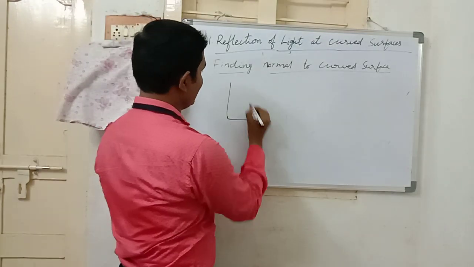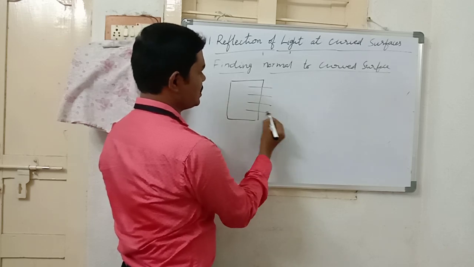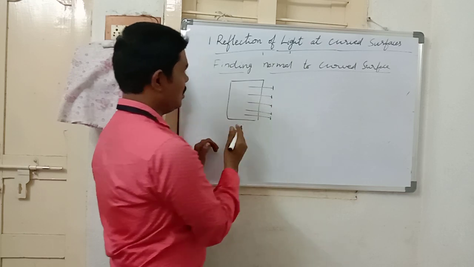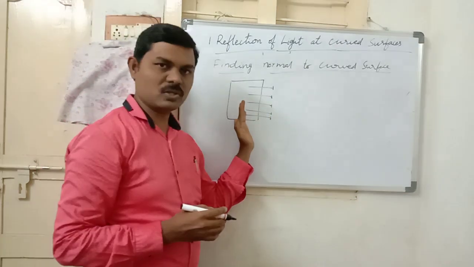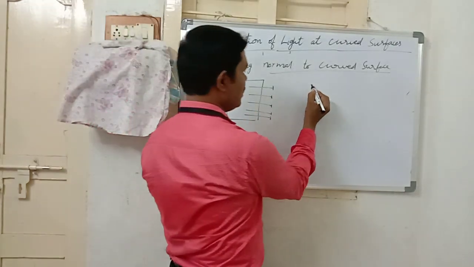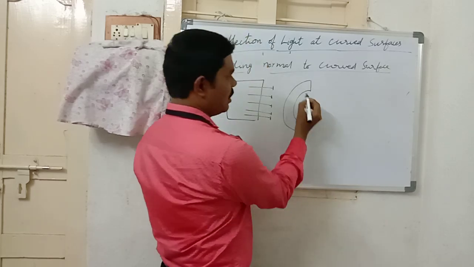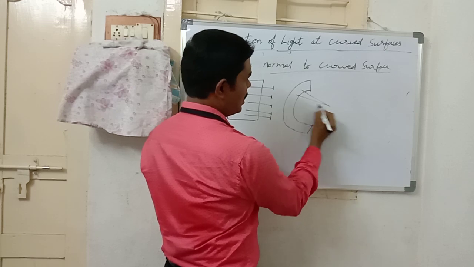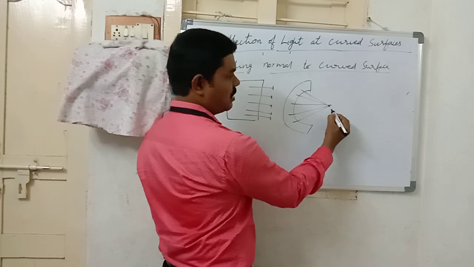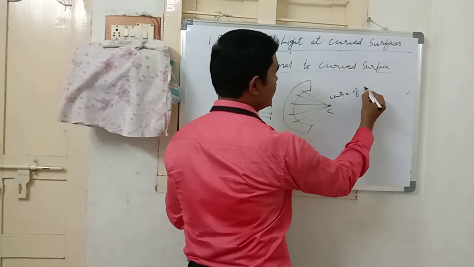First we have to take one rubber sheet and put some pins, small nails or pins, to the rubber sheet like this. These are all the pins, and if you fix the nails to the rubber sheet, these are all perpendicular to this surface. And now you bend this rubber sheet inward, as a curved inward part. Then all the nails will meet at one point, or converge, or intersect at one point. So this point is called the center of curvature.